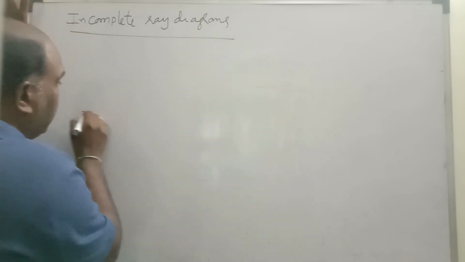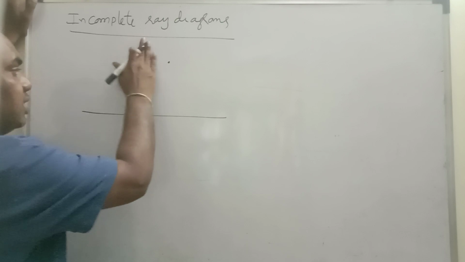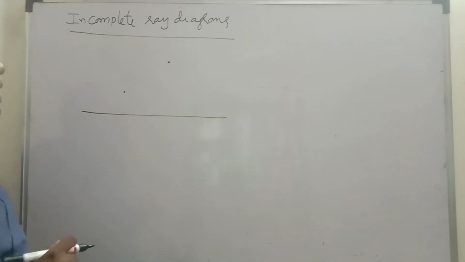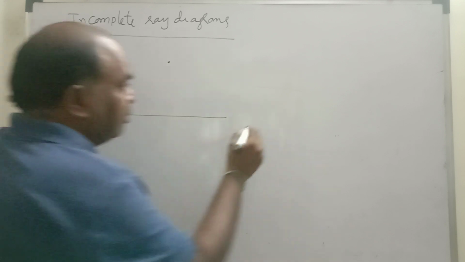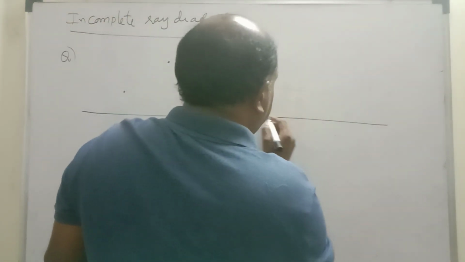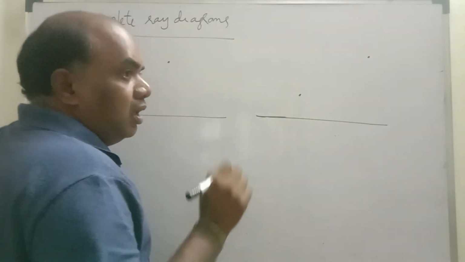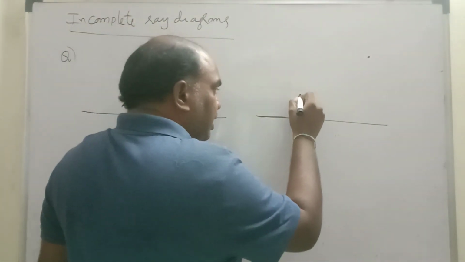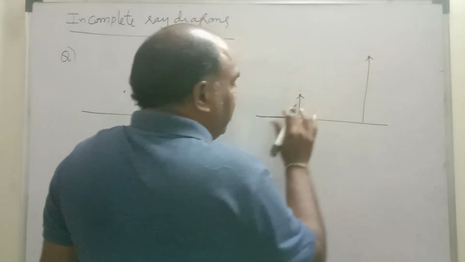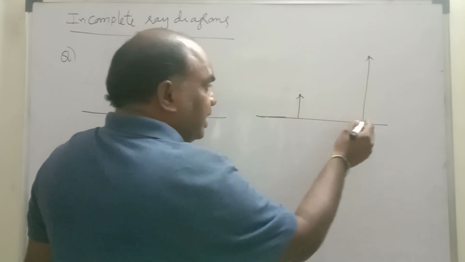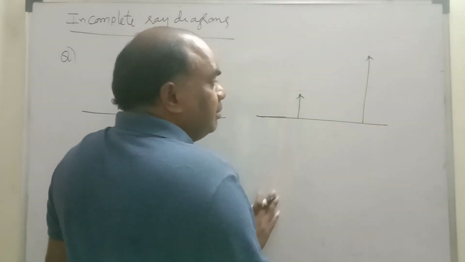See, one principal axis is given and two dots are given. How to complete it? See, children, this is the question. Observe carefully. Same question I am writing once again. This is the first dot, this is the second dot. First, you draw one line from the principal axis and put an arrow mark. Of these two lines, one is considered the object and the other must definitely be the image. One is the object, one is the image.